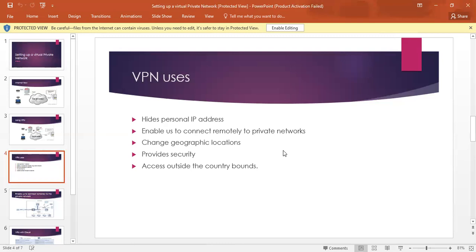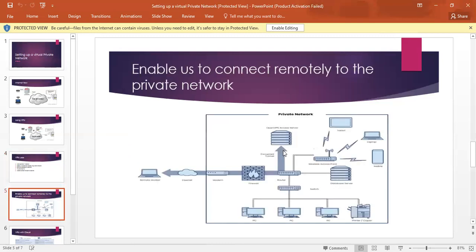Change to the next slide. See, the second point mentioned is that it enables us to connect remotely to the private network. It is very secure. Let me give a brief explanation. Secure remote access provides a safe, secure way to connect users and devices remotely to a corporate network. It includes VPN technology that uses strong ways to authenticate the user or device. VPN technology is available to check whether a device meets certain requirements, also called device posture, before it is